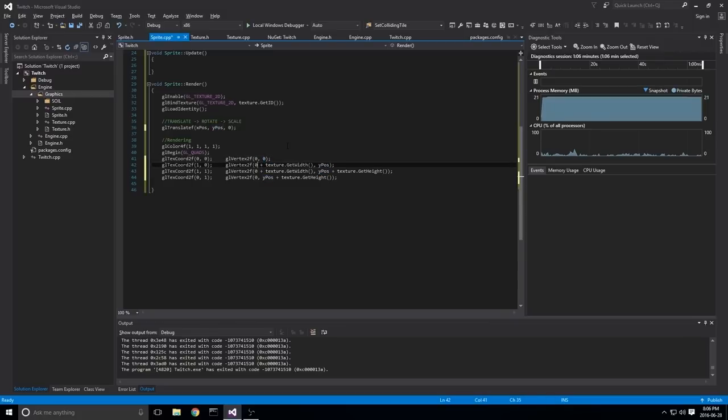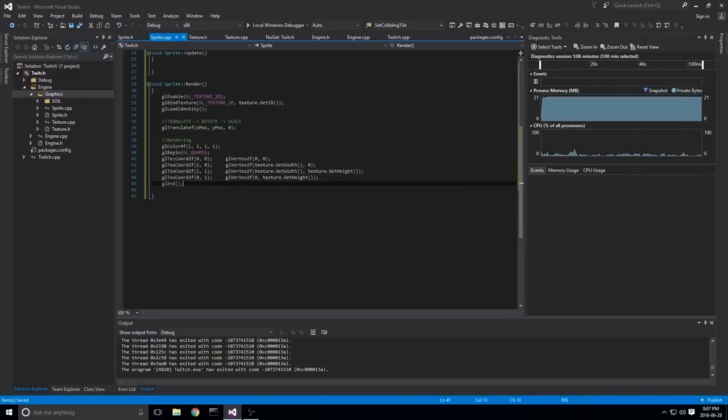So here, instead of 0 plus, we can just do the width. And here, again, we can just do the height. We don't want to add the YPOS here anymore. This becomes 0 instead. So we go 0, 0 is 0, 0; 1, 0 is the width and 0; 1, 1 is the width and the height; and then 0, 1 is 0 and the height. So there, we've set up our texture coordinates with our real scene coordinates, and now we can call glEnd, and this will end our drawing.